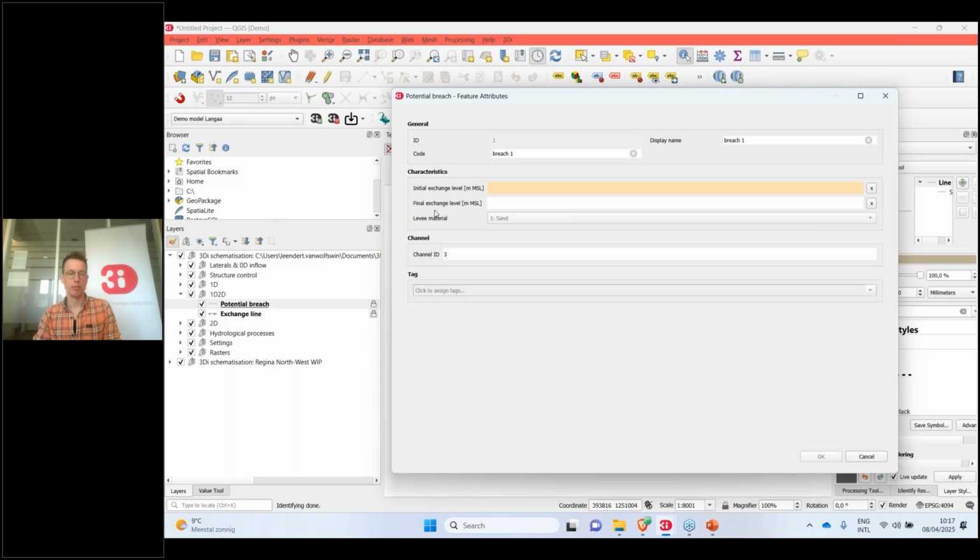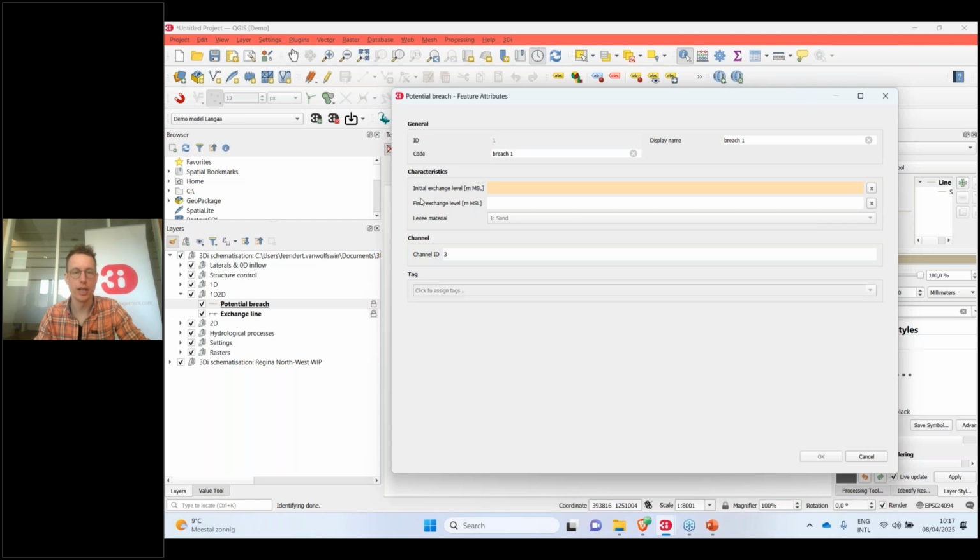This turned out to be pretty impractical when filling that in. So we have changed this to a level that is relative to mean sea level,